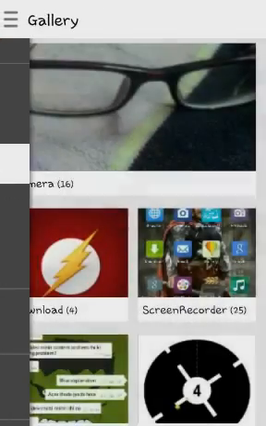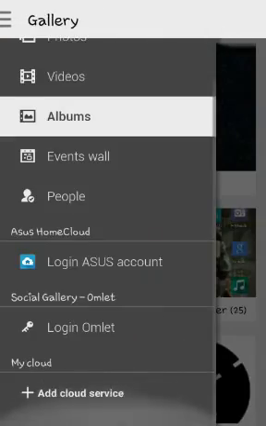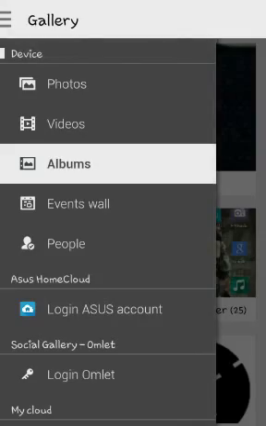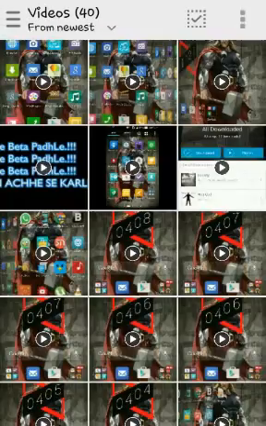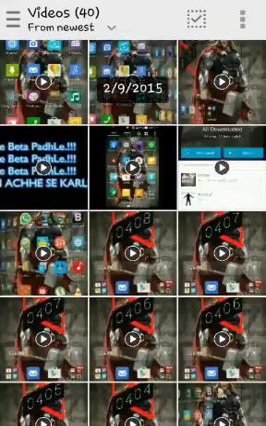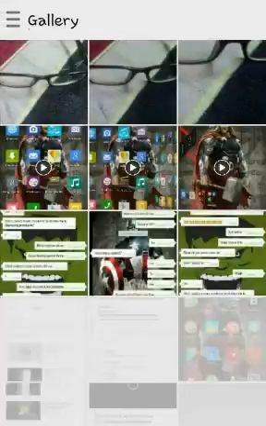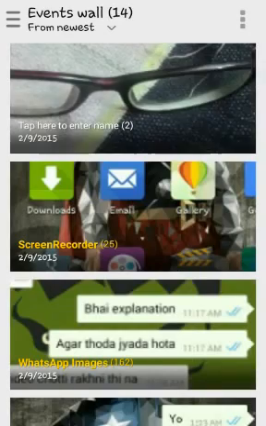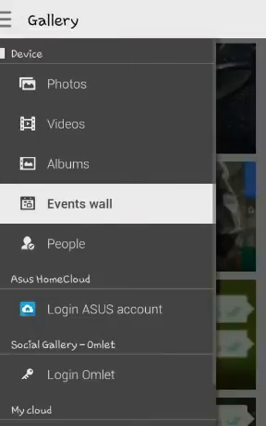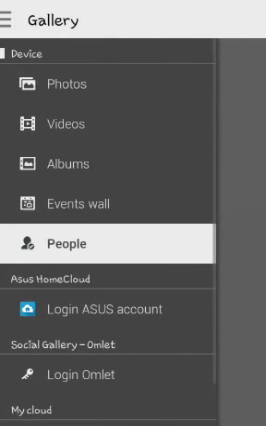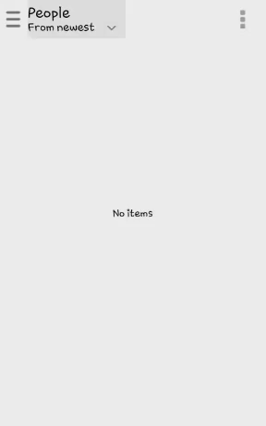And moreover, this effect is not even near Android, but it's pretty simple. That's why I liked it so much. And it has a separated video section and photo section and events wall. Yeah, that's a pretty good feature. It basically creates a timeline of your images and screenshots which you have taken, or that you have shared from any people, and it does have some